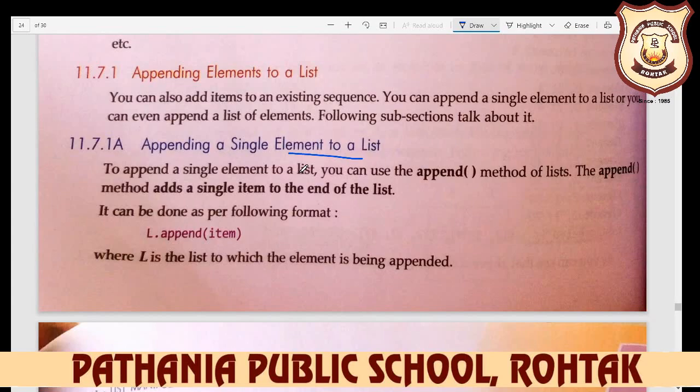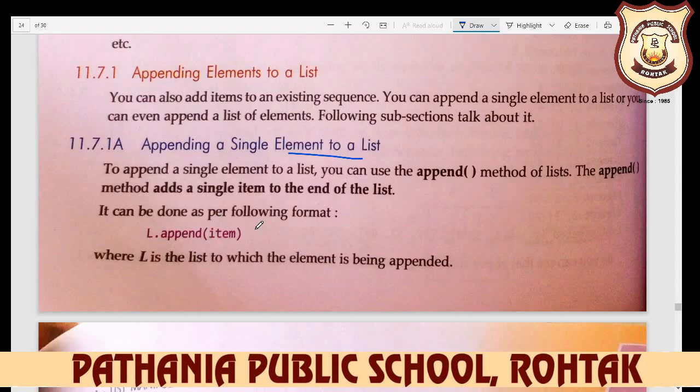We already know what the append method is. The method adds a single element to the end of the list. It can be done as follows: l.append(item). So just write list1.append and your item, 16. So it added 10, 12, 16.